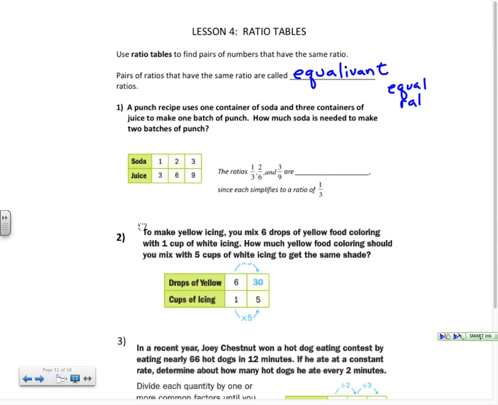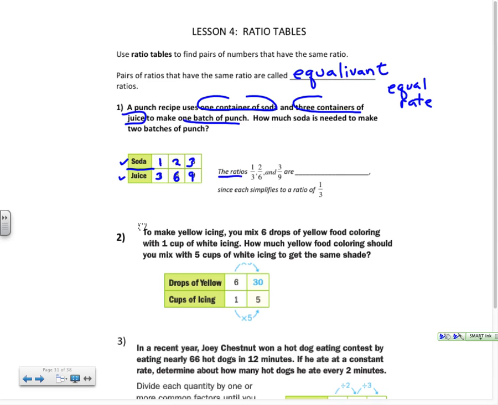So let's look at our first example. It says a punch recipe uses 1 container of soda and 3 containers of juice to make 1 batch of punch. How much soda is needed to make 2 batches of punch? If we look at a ratio table, we can compare soda and juice. 1 container of soda would require 3 containers of juice. So that means 2 containers of soda would need 6 containers of juice,